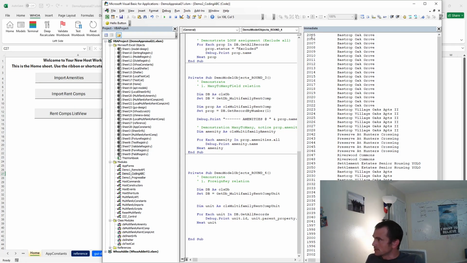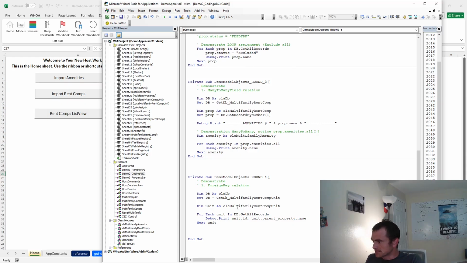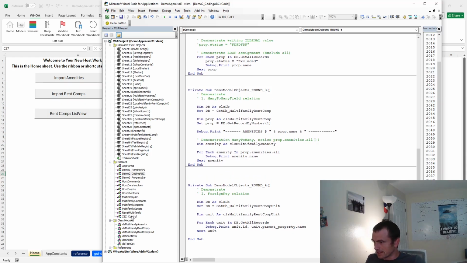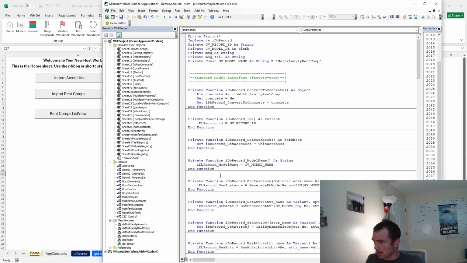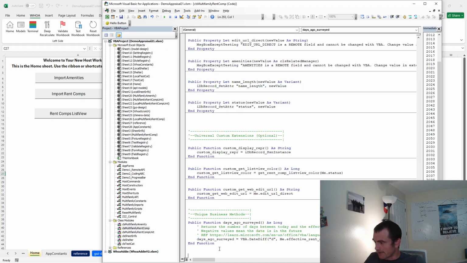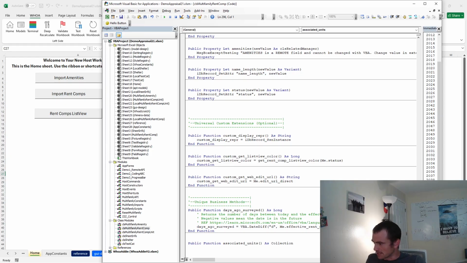Cool. So those are the units, their IDs. Probably something that would be useful would be, in the rent comp, the parent property. We could have a function down here called associated units as collection,